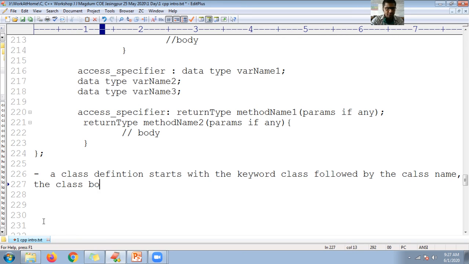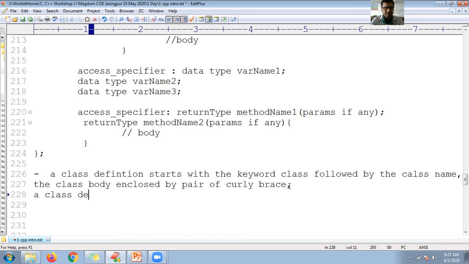The class body is enclosed by a pair of curly braces. This is the curly brace, guys. Okay, curly braces. Fine. Then what about the class definition?